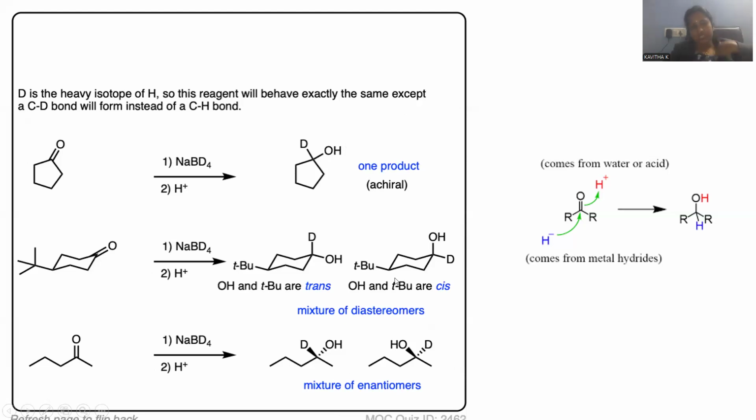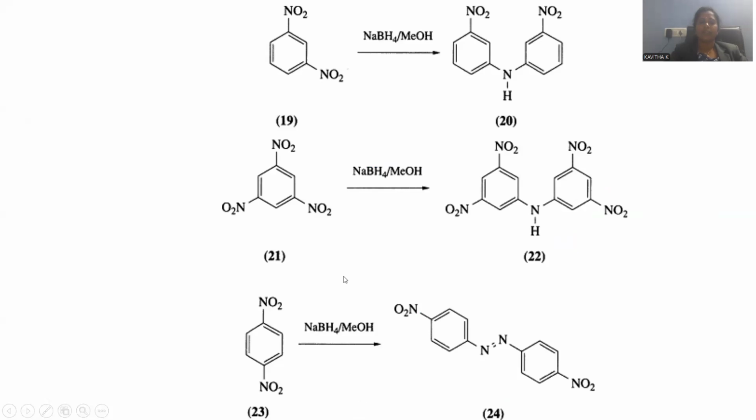Okay. So this is regarding the reduction with sodium borohydride. This is the simple mechanism you can observe. Hydride is coming from sodium borohydride. The proton is coming from the solvent, which attaches at oxygen. Hydride attaches to carbon, proton attaches to oxygen. So the blue hydrogen is bound to the carbon atom, and the red hydrogen from the solvent is bound to the oxygen atom. So this is the way a clear description is provided.